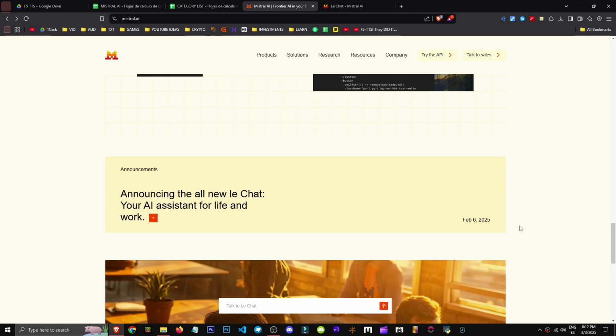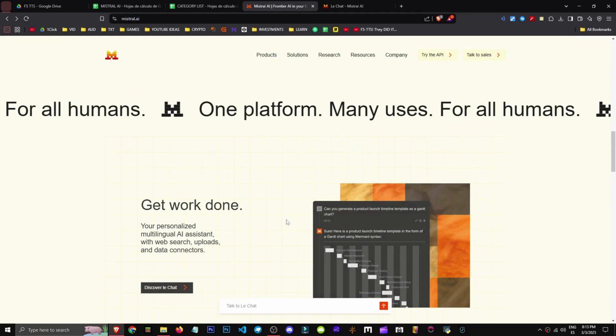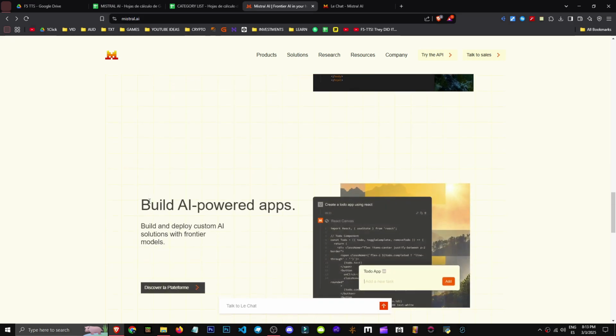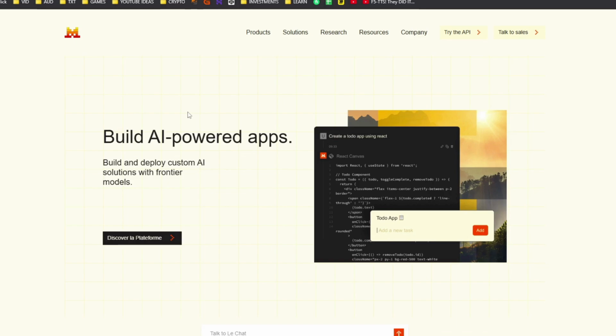Mistral AI basically stands out for superior performance. Its file generation capacity is incredible. It seems it also writes code quickly and lets you build React apps. It's also highly scalable, and one of its advantages is handling large data volumes without compromising speed or accuracy, making Mistral AI suitable for all types of projects.